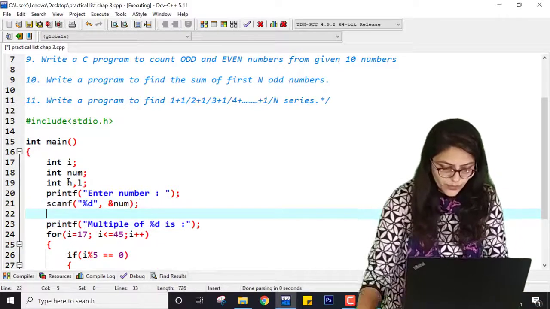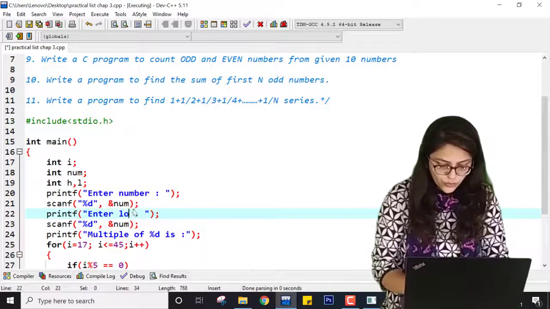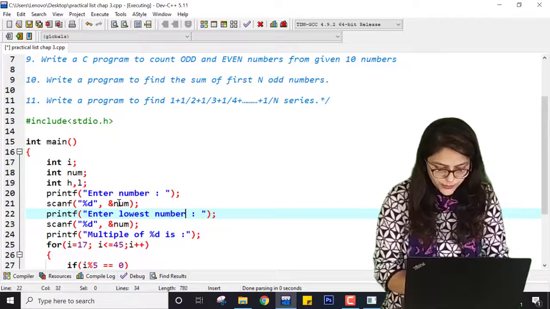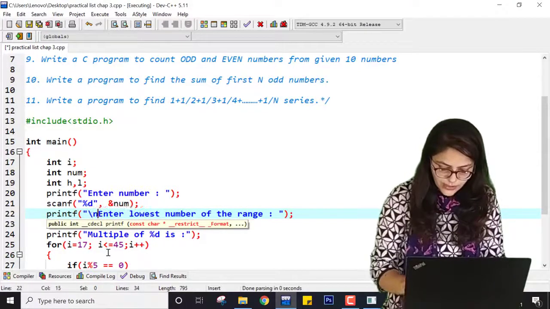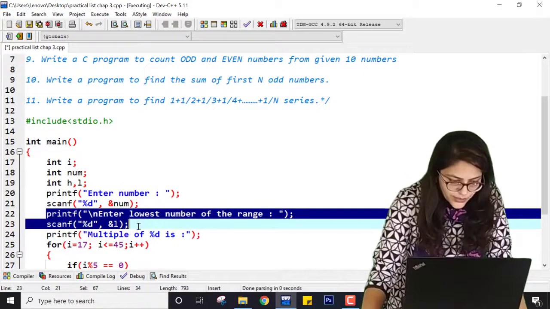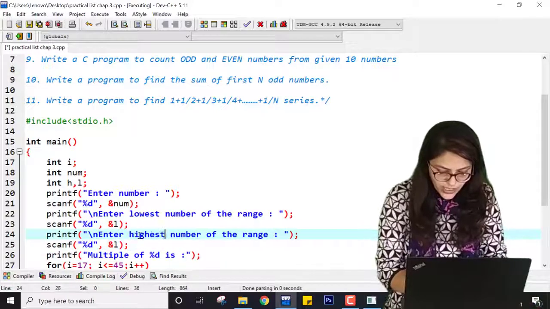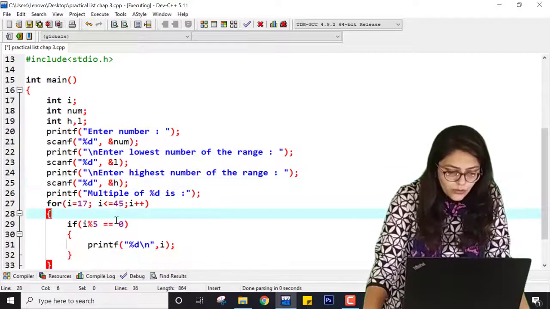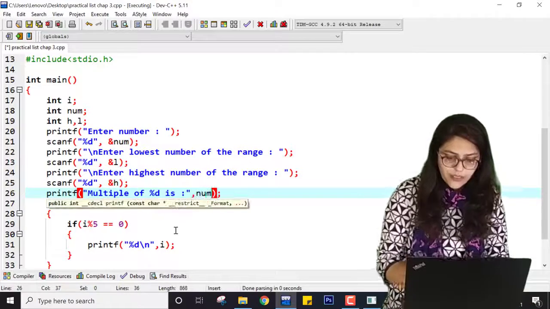Also I need printf lowest number of the range, here I have to put the format specifier and here it will be L, right? And if I copy this and paste it over here, it will be the highest number of the range, say H. Now multiple of %d is multiple of num, right?